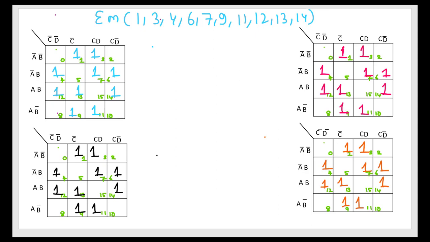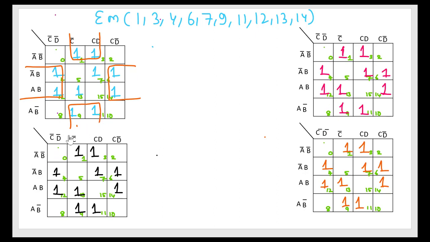Now we have filled all the 4 K maps. Now we'll try to form the pairs, quads and octets depending on the groups of ones. If you look at the K map here, an octet is not possible, only quad formation is possible. We'll take these 2 ones, these 2 ones as a quad. Similarly these 2 ones and these 2 ones also